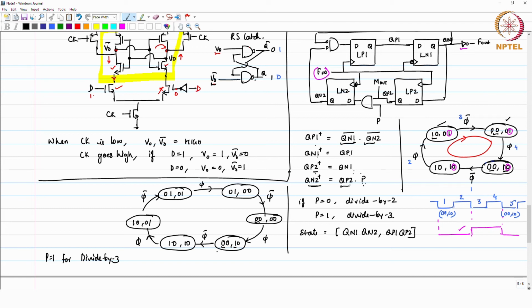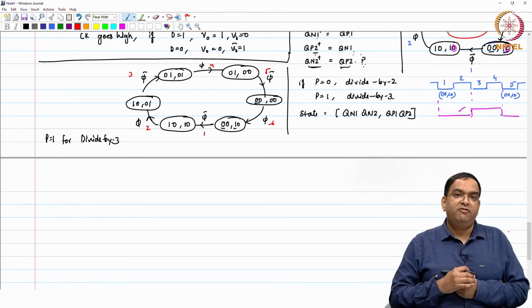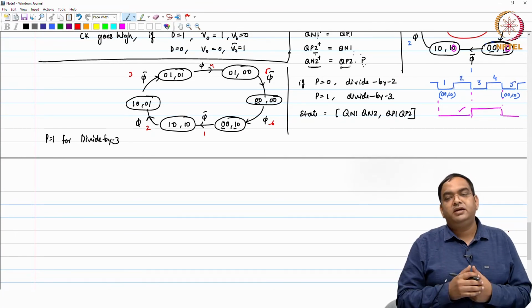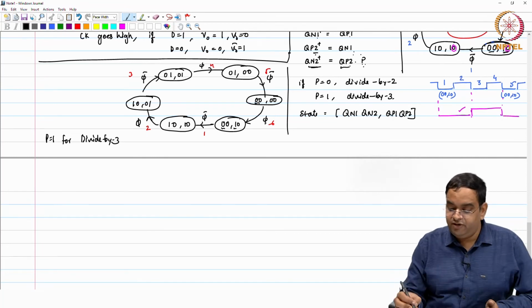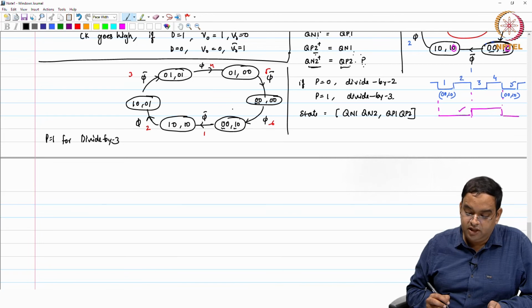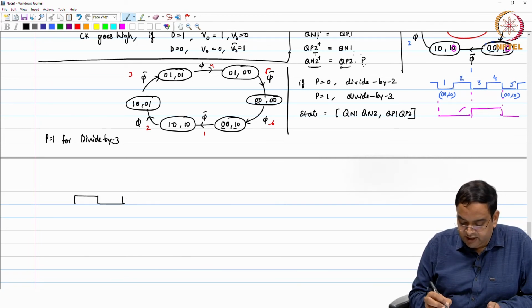Okay. So, if you look at it, we count how many half clock cycles: 1, 2, 3, 4, 5, 6. So, after 6 half clock cycles these signals actually repeat. So, when they repeat after 6 half clock cycles, it is like repeating after 3 actual clock cycles. Every phi and phi bar is your half clock period here. Okay. So, if I have my clock cycle like this,